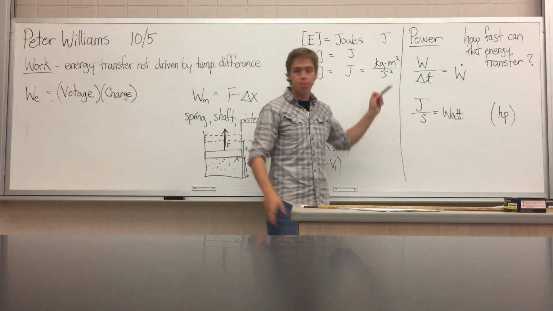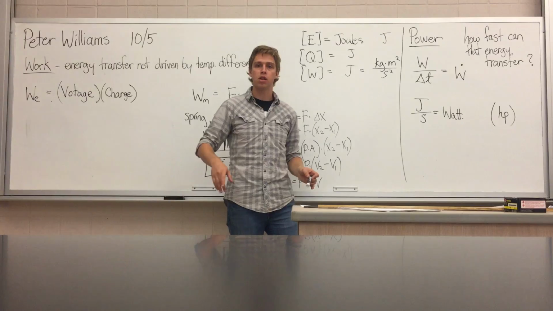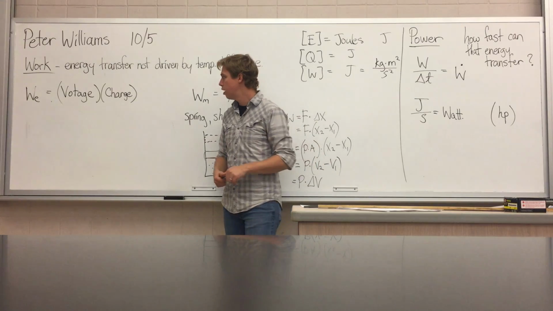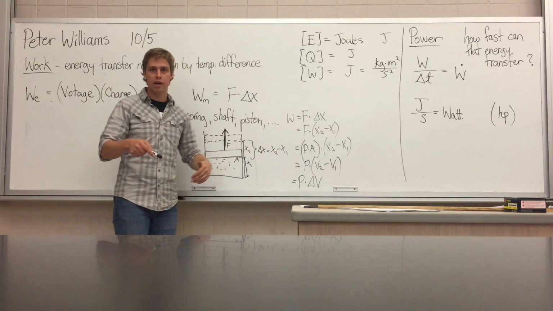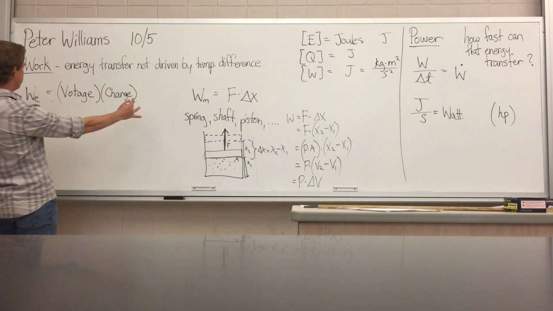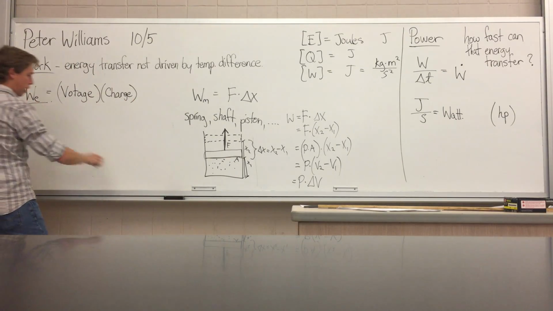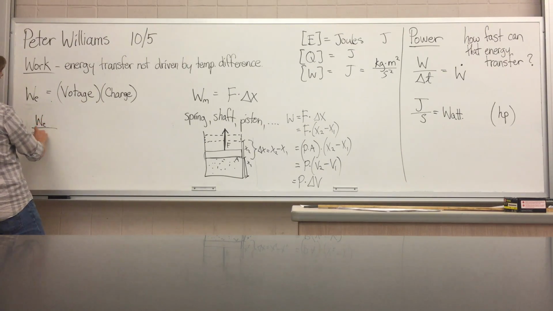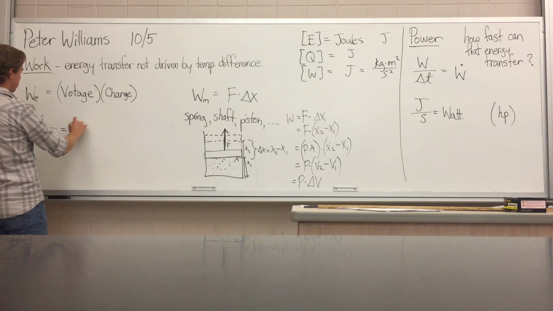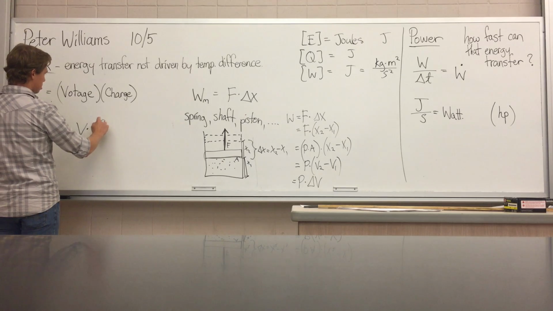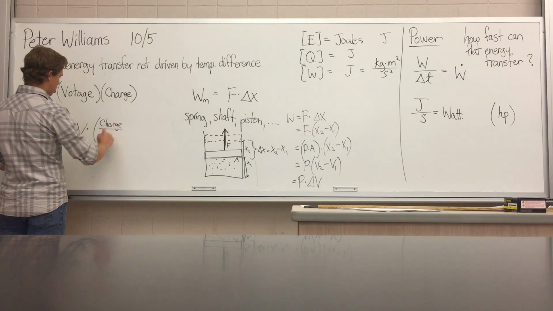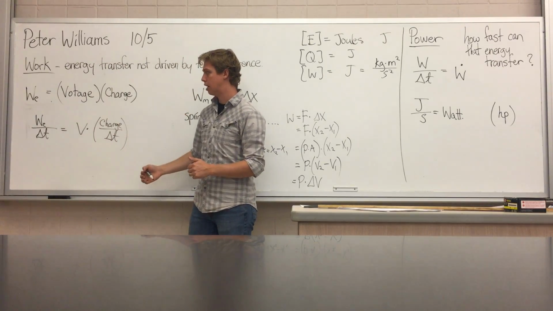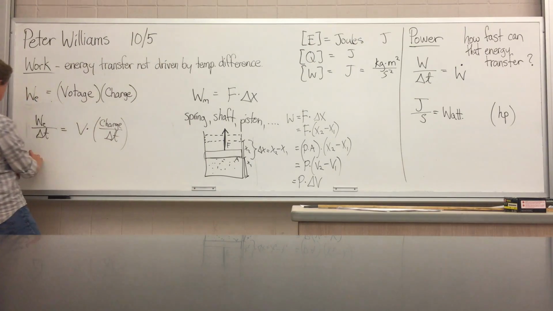Now, I want to go back over here where I left blank space and make a quick note about electrical energy, because in practice problems this may come up, so I want to review this. Just like over here we got power by dividing by time, I want to take this whole equation and divide it by time. So actually I'm going to write it on a new line. So electrical work over time equals the voltage V times the charge divided by the time. So this is that equation. I've just taken it, divided by the time, and of course we've just discussed how this comes out to be power.